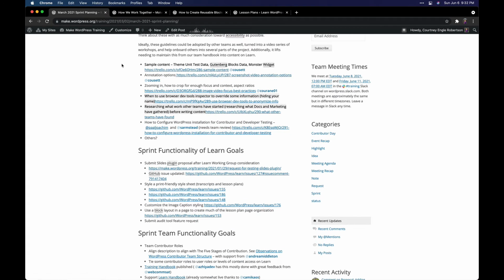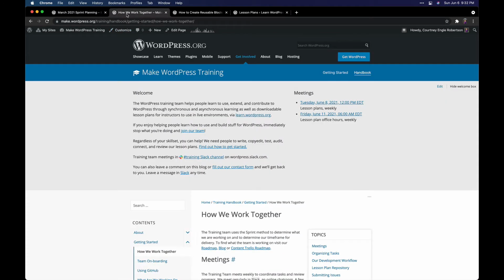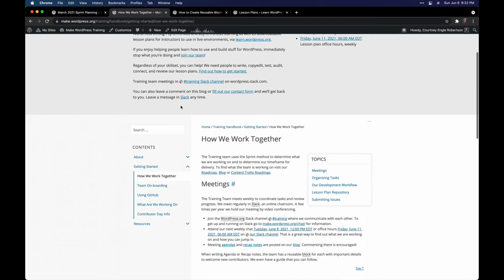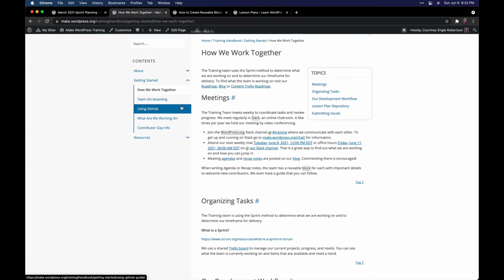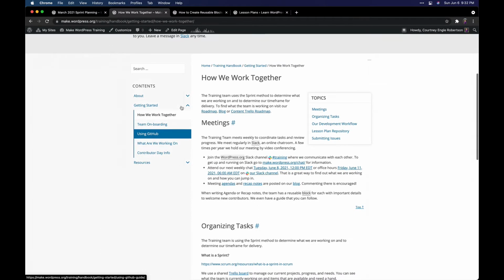The way that we work is a little bit different. We don't just write any lesson plan that we have an idea for. It goes through a team review process and then it moves on to a full audit and review before being published. So if you head to the training team's handbook under getting started and see the how we work together,